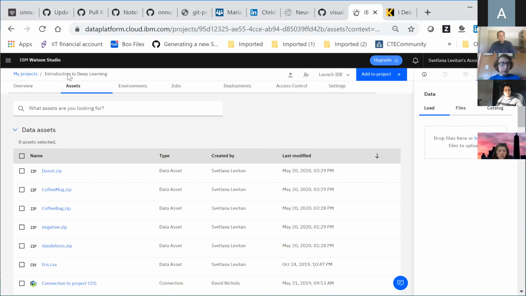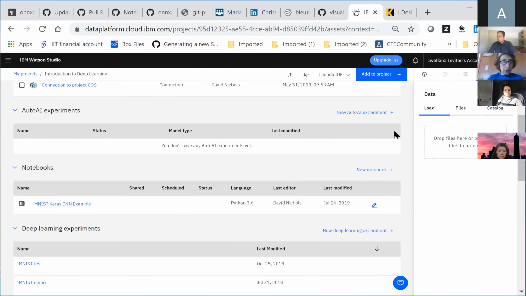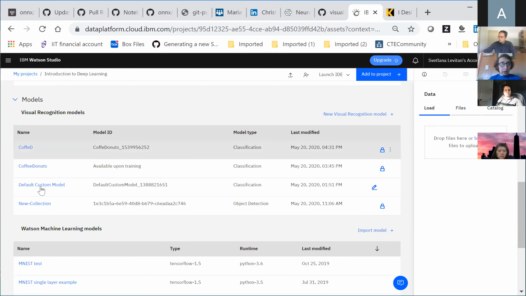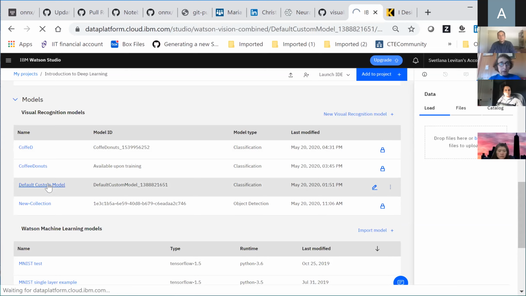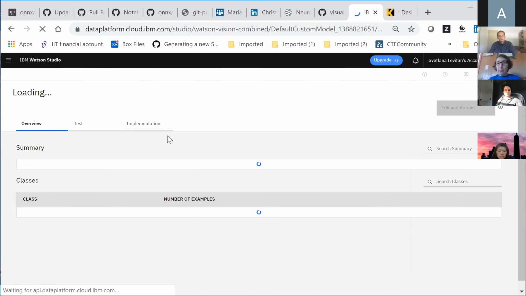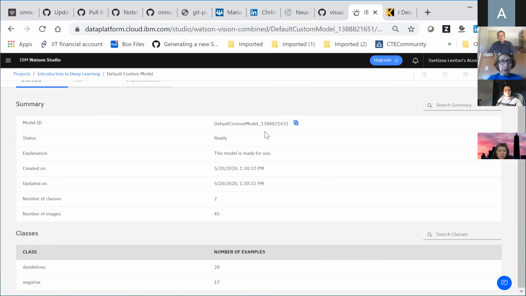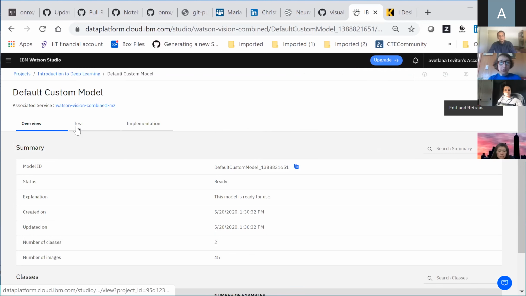And where is my model? Oh, it's here. Yeah, so here is my model. I forgot to rename it, so it got the default name. This is a model that I built earlier today to classify whether a picture has dandelions or not.